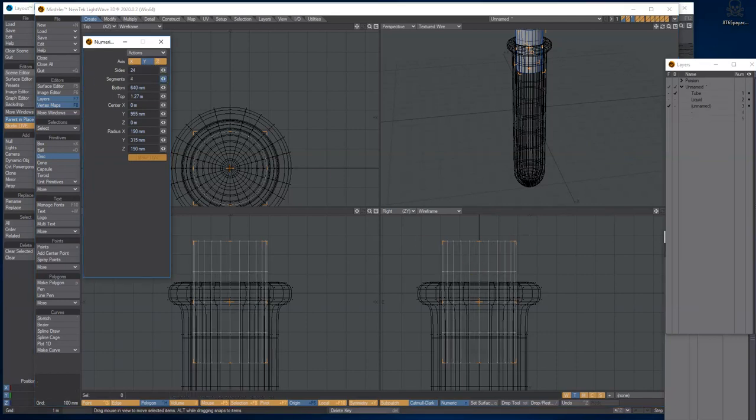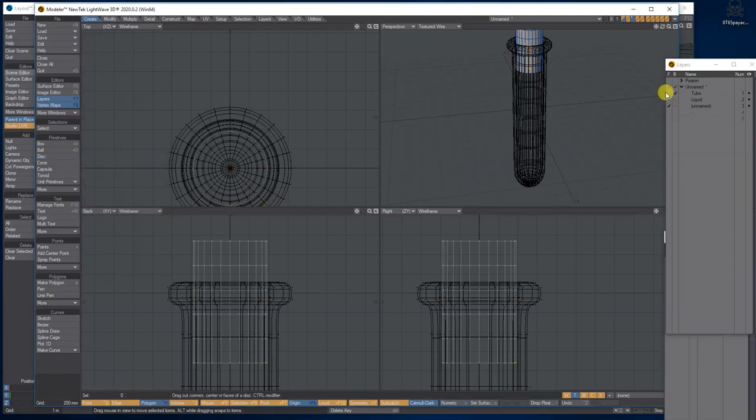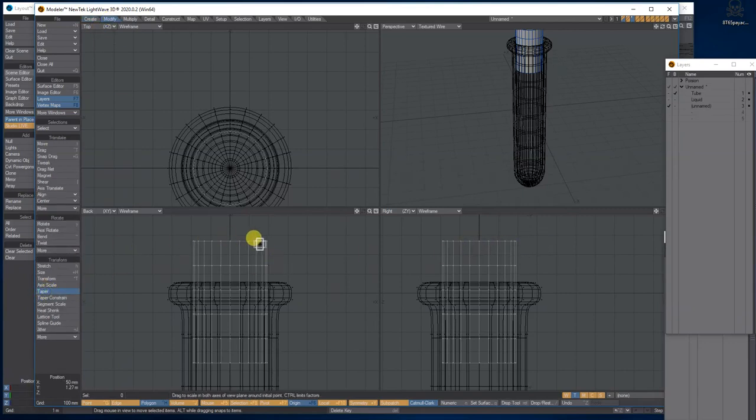So let's just add some sides like this, like so. And then what we're going to do is go to modify taper. I'm going to right mouse click and click and drag down the area of influence and which way the area of influence is going to go, so from top to bottom.